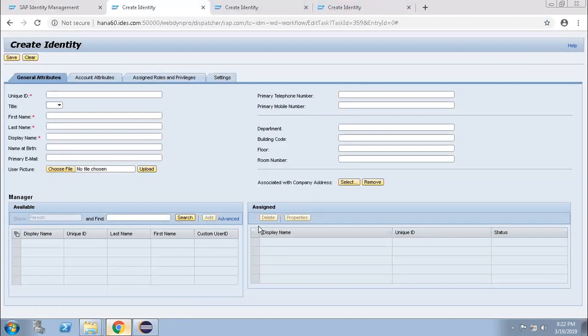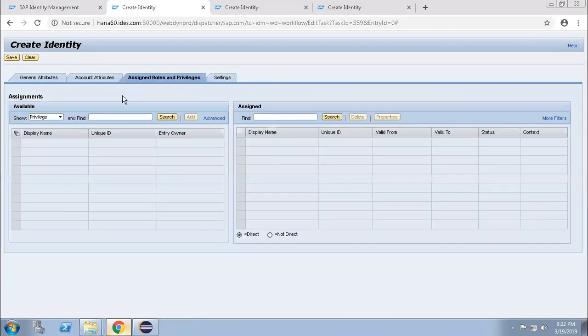What about the provisioning part for the user? We have not come there yet. I'm just asking whether, by using the standard after installation with all necessary pre-configuration, we can use the standard provisioning framework. Yes, definitely we can use the standard provisioning framework, but in order to assign roles and privileges, we have to give these privileges over here. Privilege is nothing but the PFCG.